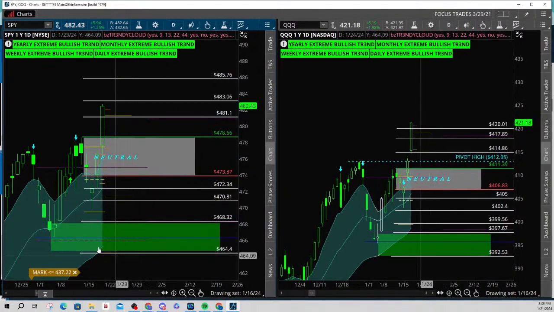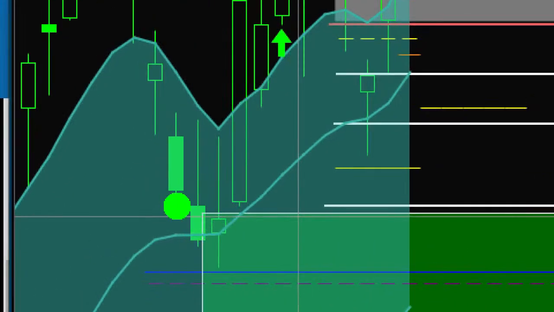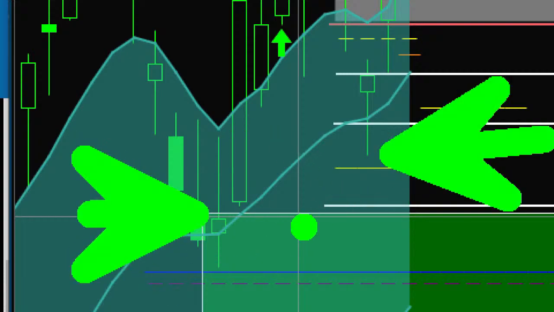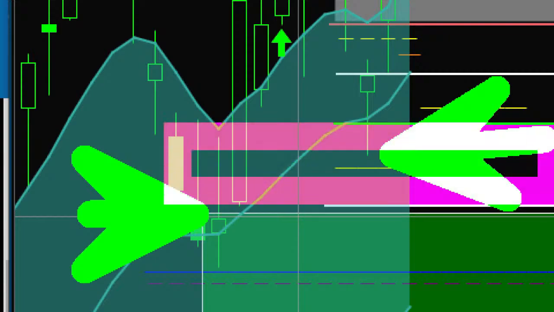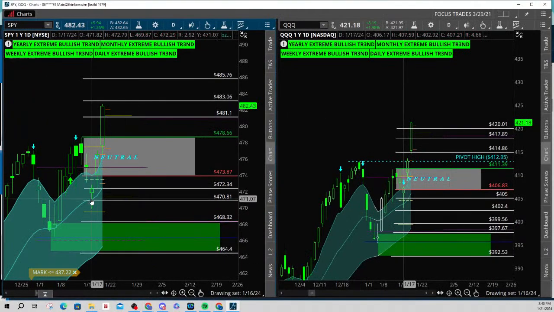Now, I went with the approach where I drew the box, primarily just using the base, just came up a little bit above that. And you guys can see we didn't quite get down into that, but just looking a little bit closer, you can see we did come into demand. So I hope that a lot of you were able to catch on to that. So we came into target 2 to the downside.